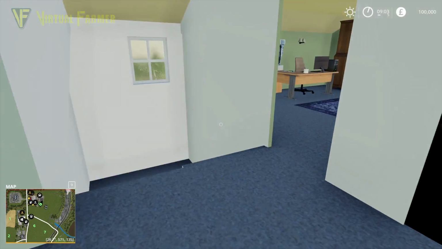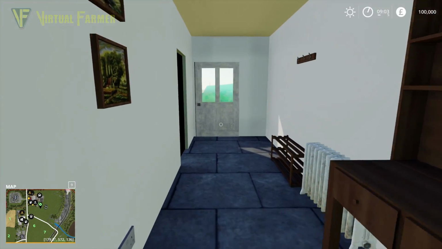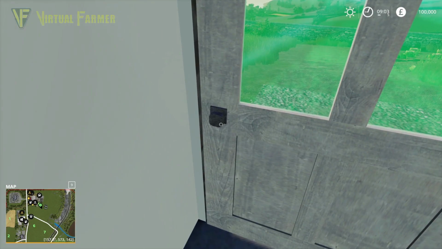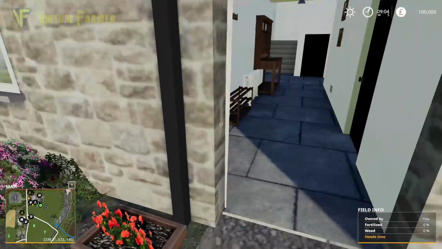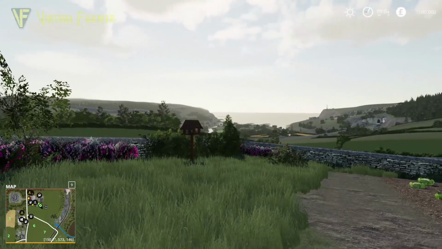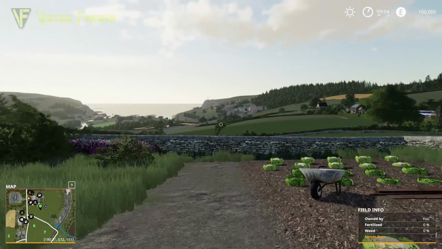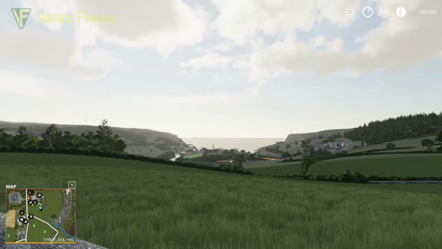So we're going to head out. We're going to have a walk or a drive around the map. But as I was saying, this is by OxygenDavid. It is converted and reworked from FS 17. It looks absolutely stunning. I love this view down the valley out into the water, and in 19